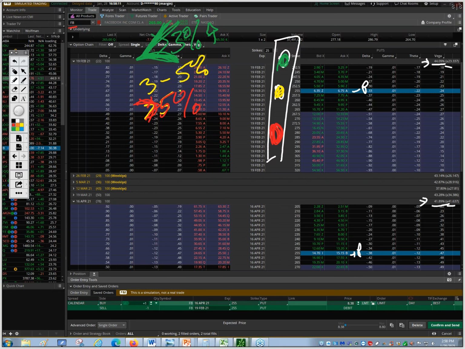Okay? If it is right there at my short strike at expiration, then that's where I'm going to make the most money. If these puts expire worthless, and the underlying has moved down to 255, I have made the most money I can at expiration. Now, after expiration, everything changes. The underlying can go all the way to 0 and I'm fine.